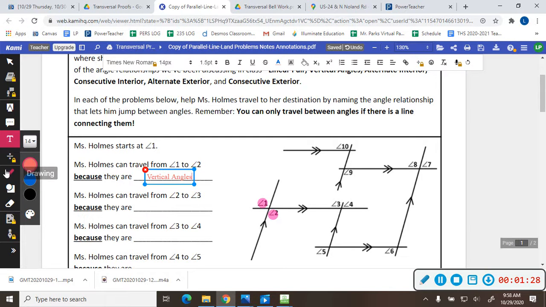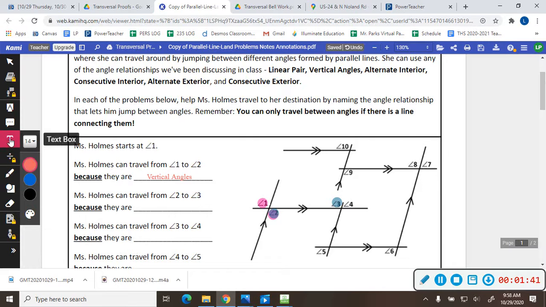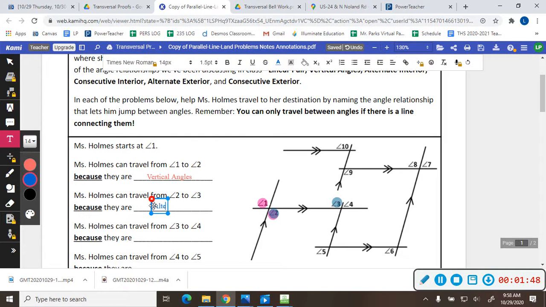And then we could travel from angle 2 to angle 3. We could go from here to here. Why? Well, because we call these alternate interior angles. And alternate interior angles are congruent. So I went from here to here because they're vertical, angle 2 to 3 because they're alternate interior,